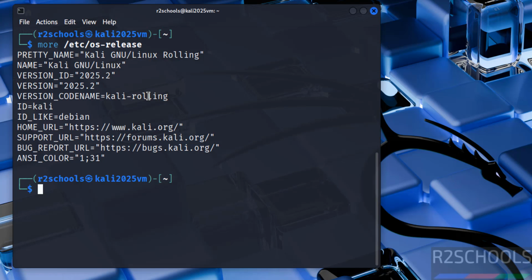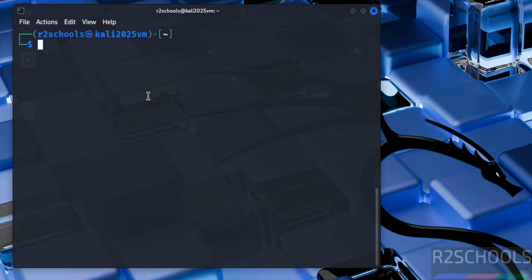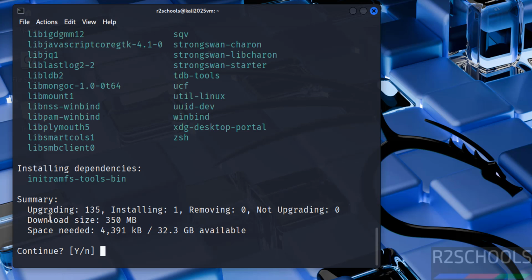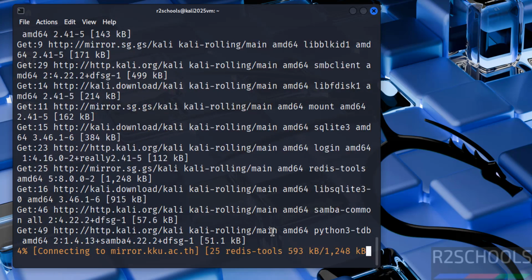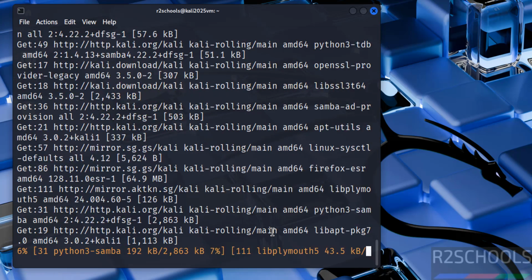The first step after connecting to Kali Linux is we have to update the packages. sudo apt update && sudo apt upgrade. Hit enter, then provide the password of sudo user, hit enter. See, it is going to upgrade 135 packages and install one package. Type Y for confirmation and hit enter. This will take time. So in this video we have seen how to download and install Kali Linux